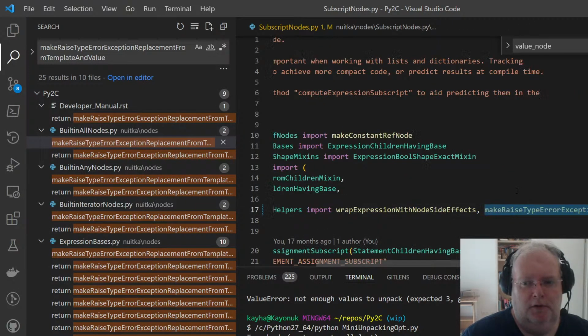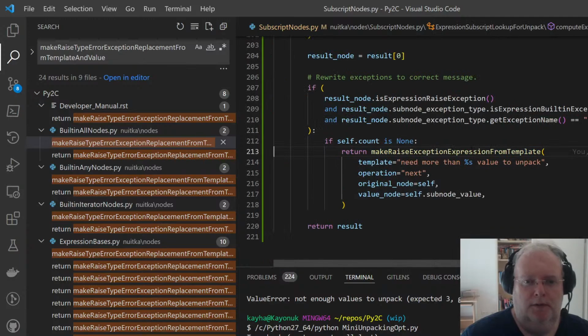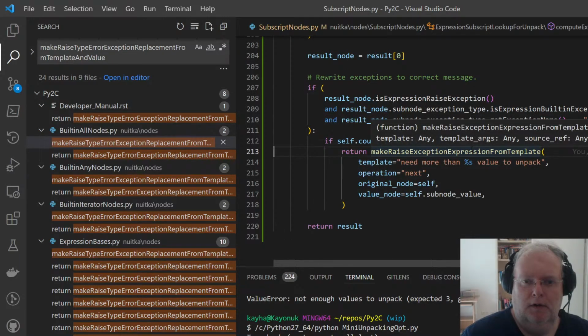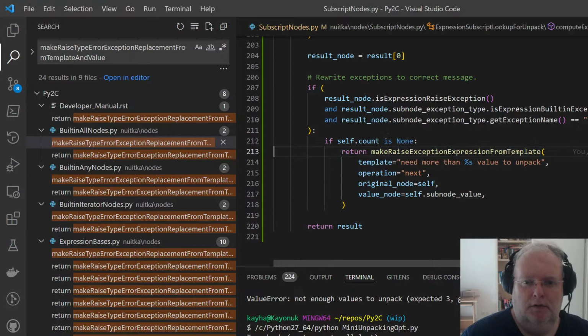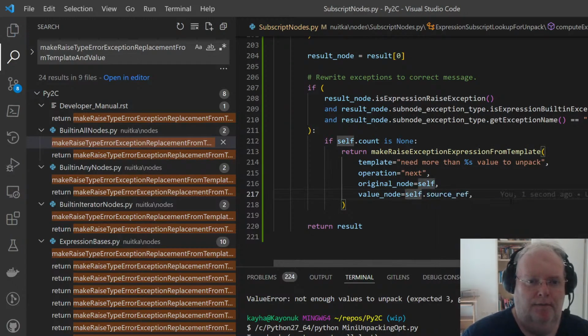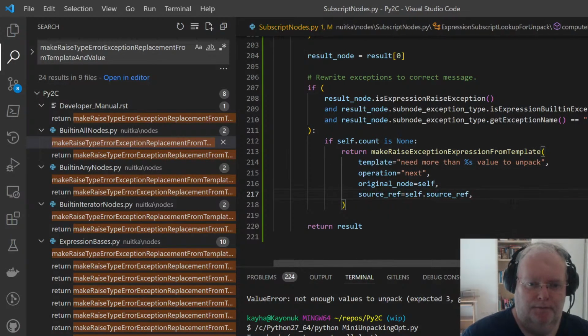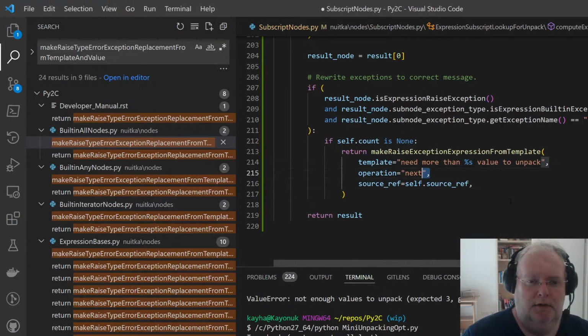Raising type errors, you can do more stuff, but so the template and the template args and the source ref. And the template args.